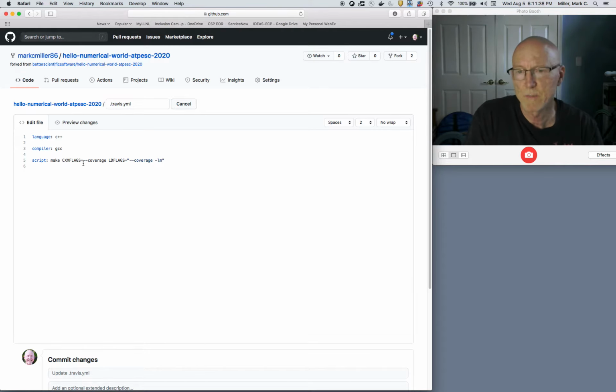And because I have a space between these two options to LDFLAGS, I need to enclose that all in double quotes. And then I say make check. So now when the tests run, that's going to produce some gcov files. And then I'm going to ship those gcov files over to yet another service provider. So this is another tag that Travis CI defines, the after_success tag. And I'm going to do this, bash,